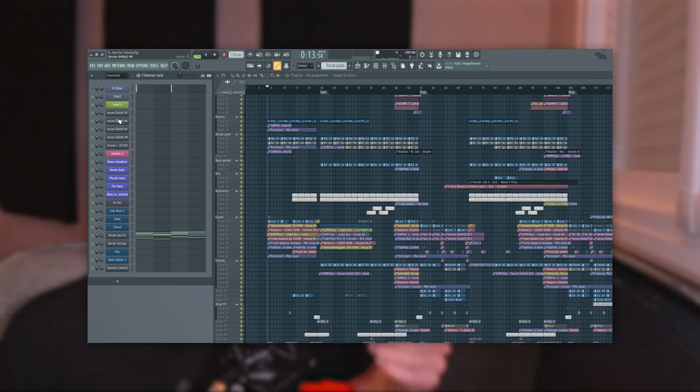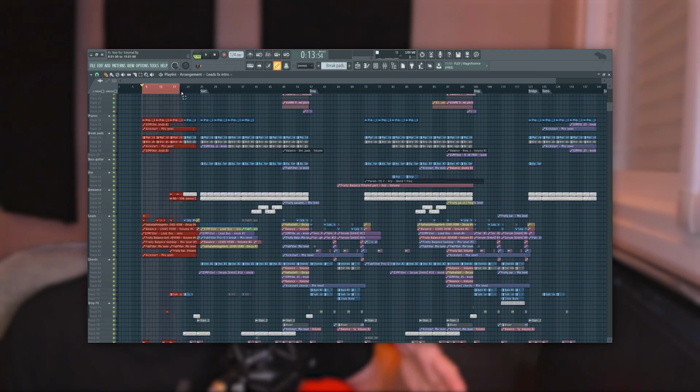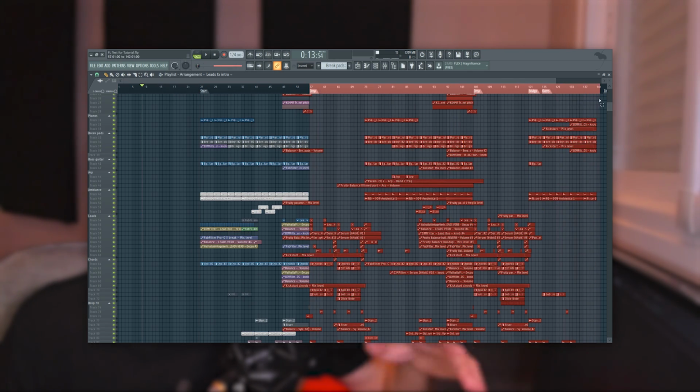My advice here is to try to change as much as possible. But at least you're going to have something to start. You know, it's not a blank project on your DAW. So for example, what you can do is delete the melody, delete the lead sounds, or maybe delete the entire arrangement but the breakdown, you know, only leave the breakdown.